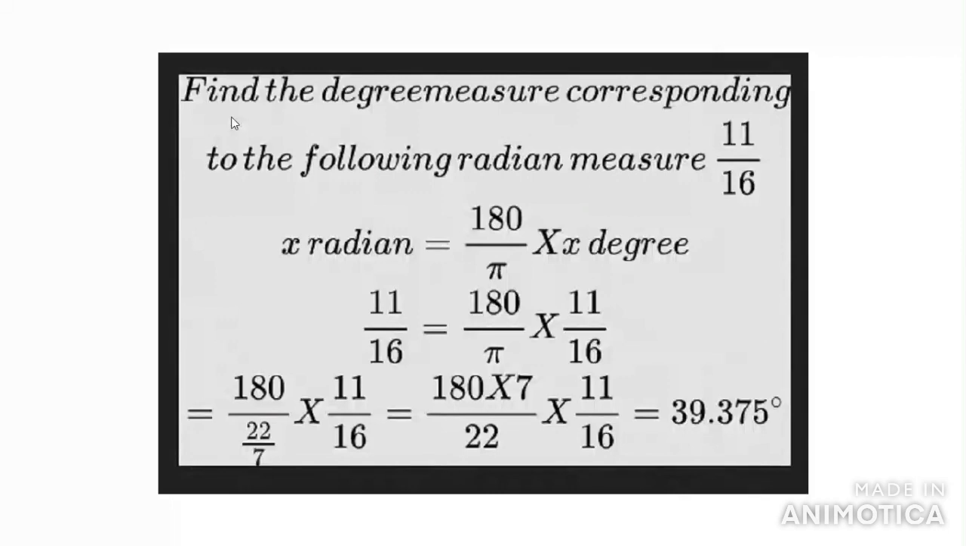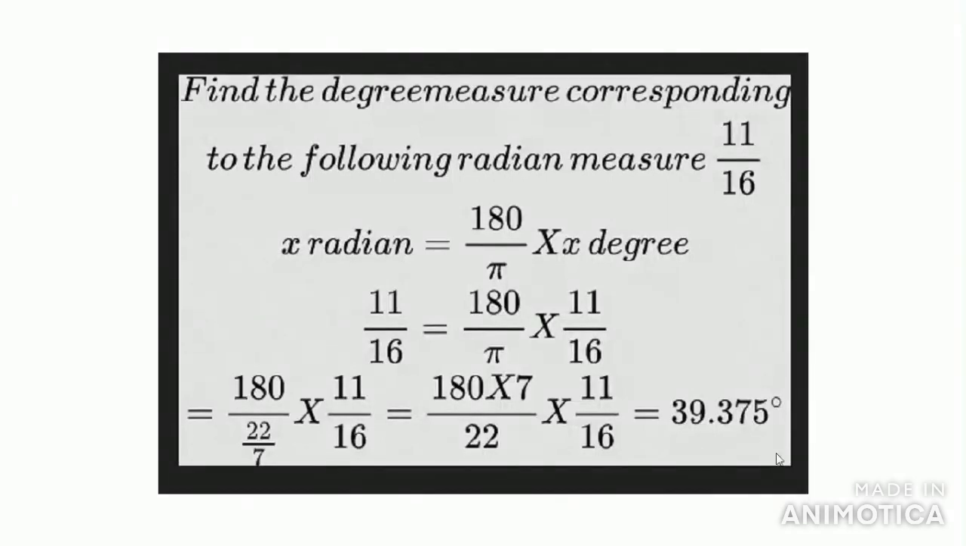Take this question. Find the degree measure corresponding to the following radian measure, that is 11 by 16 radians. And here we can directly use the conversion formula. x radian is equal to 180 divided by pi into x degree. Therefore, 11 by 16 radian is equal to 180 divided by pi into 11 by 16. You can substitute the value of pi, that's equal to 22 by 7. You will have 180 into 7 by 22 into 11 by 16, and simplifying you will get